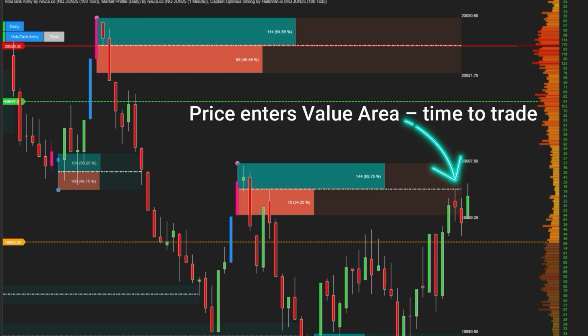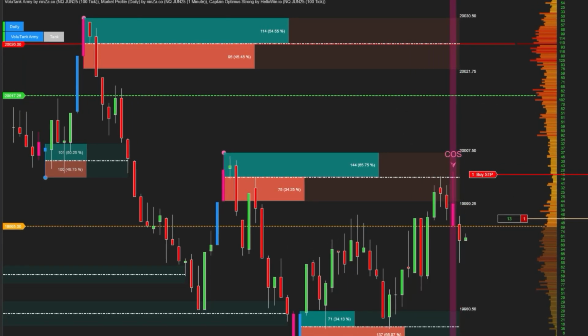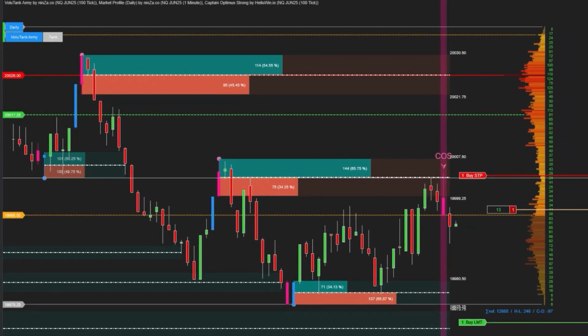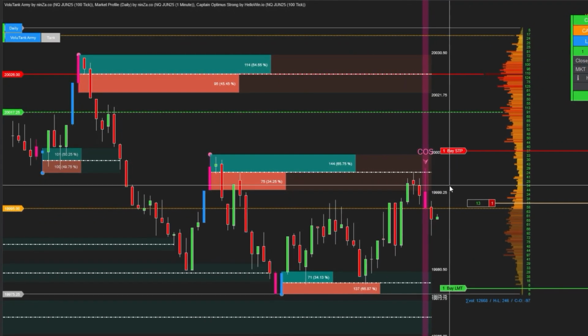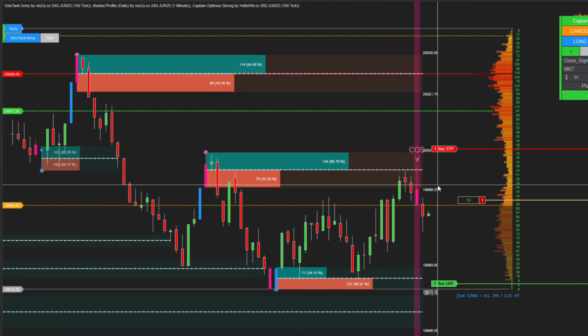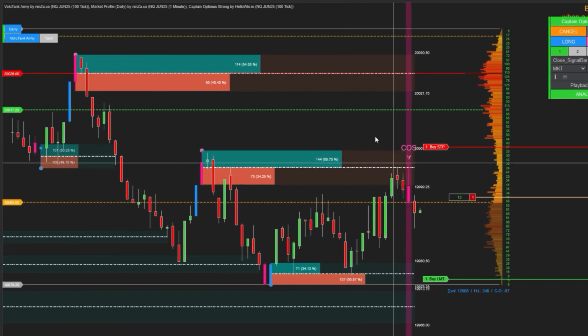That's because there are a large number of resting orders at those price levels. It takes a substantial amount of volume to absorb the order wall within that zone. Without enough momentum, price often stalls or gets rejected. This is why zones inside the value area have a much higher chance of producing reactions compared to zones in